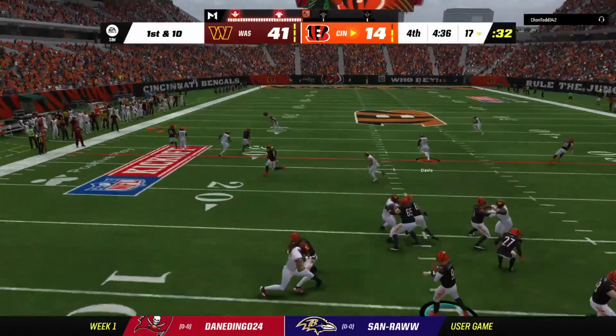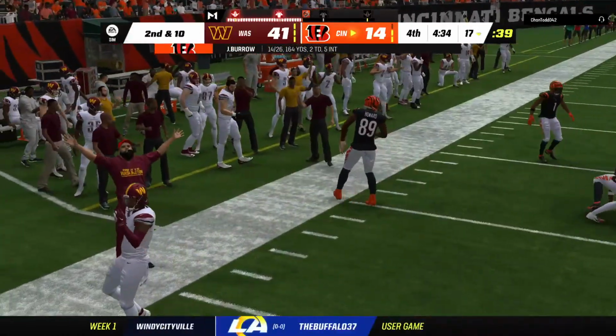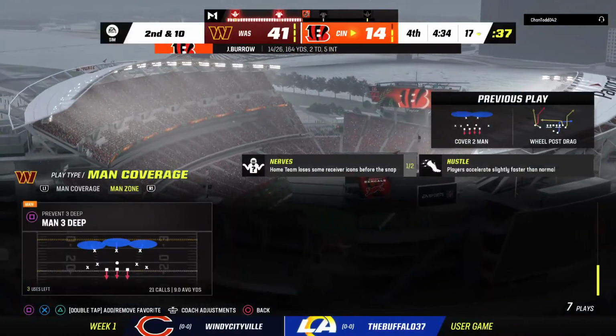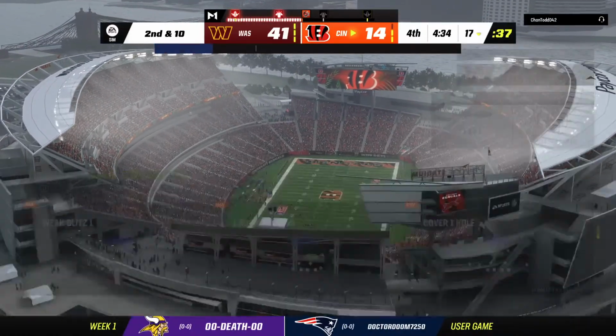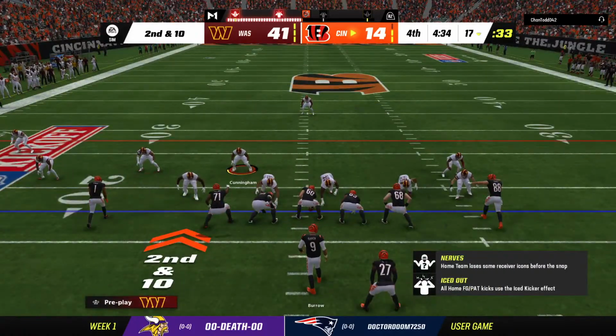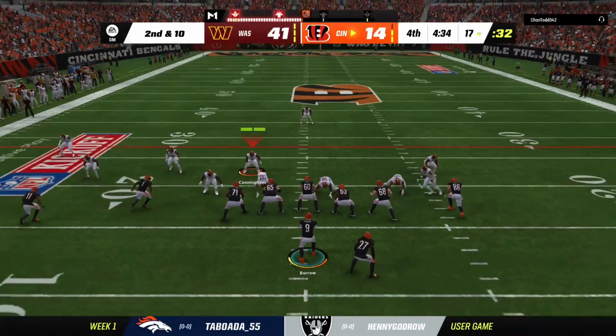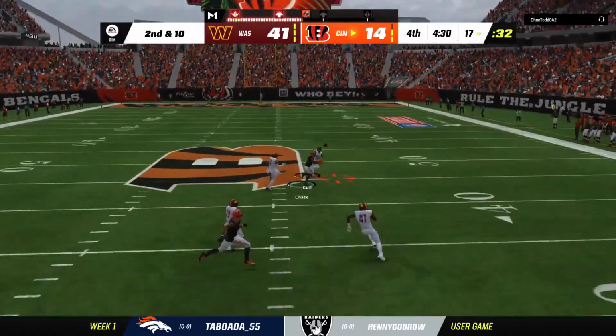Trying to shake off the interception. He'll look to throw. Oh, he dropped it. And that's pretty indicative of the way this one's gone. Well, we've talked about it, CD, but it bears repeating. They are struggling to throw the football. All the interceptions and more incompletions. It just doesn't look like things are in sync out there. I would agree with that, and it's not a good day when you...